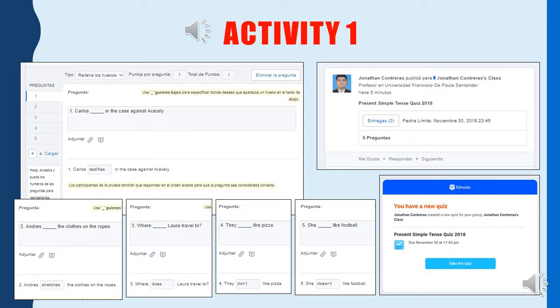The first of them is a quiz or test, which is directly on the platform and consists of 5 questions, and the students must fill in the empty space with the correct option taking into account the topic studied. There are other options for designing the test, such as open-ended or multiple choice questions, among others. Finally, the test has a time window for the student to take it in such a way that it is flexible. In this case, it was assigned that the time to take the test would go from November 19th to November 30th,